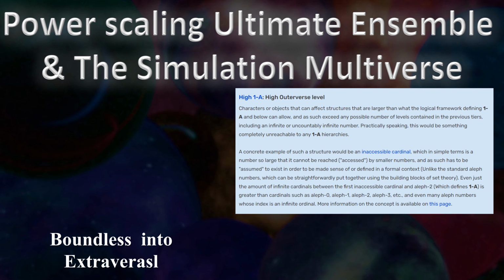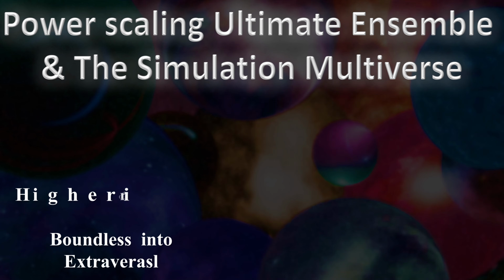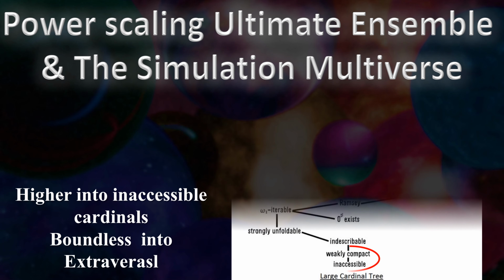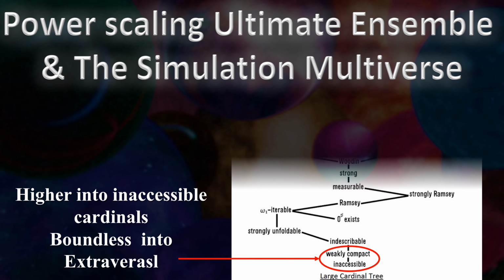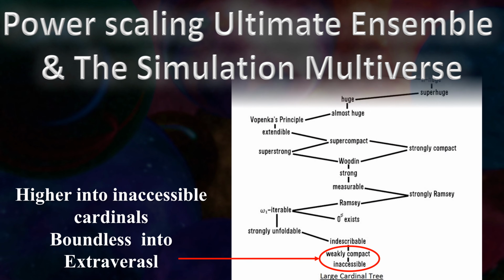Now to get to the next level, they didn't say its name, they just said they would repeat the process. Technically speaking, this is just a higher level into the inaccessible cardinals. However, if you look at the large cardinal tree, the next level up, if its proper name, would be the weakly compact cardinal. Now, by comparison, the Type 4 multiverse, ultimate ensemblement, should be anywhere in the top 3 up